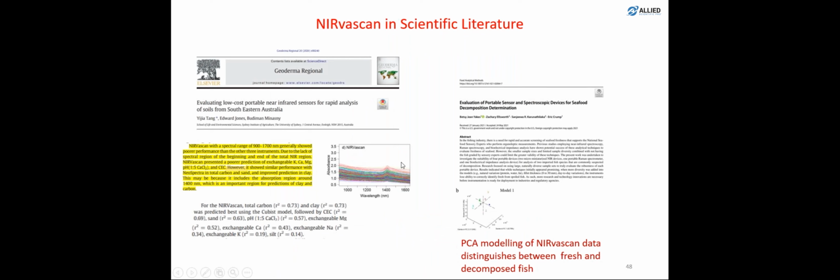Okay, and finally, in scientific literature, we also have two papers. One paper talked about analysis of soil in Eastern Australia, where they used NIRvascan and compared it with another portable spectrometer and two other benchtop spectrometers, which are quite expensive. And NIRvascan showed a good performance. Also,